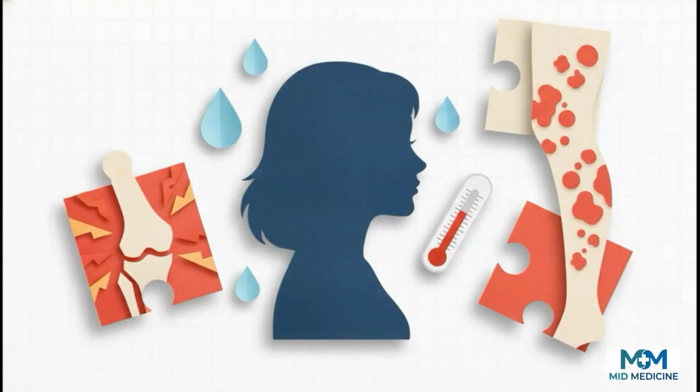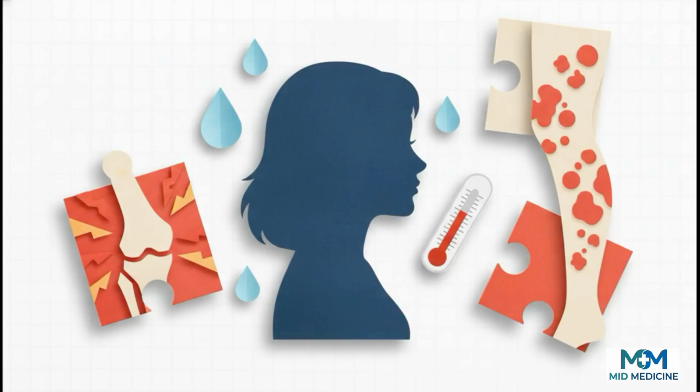Okay, so we know who generally gets it, but how does it actually show up? Well, the really tricky thing about Takayasu arteritis is that the early symptoms are just incredibly nonspecific. We're talking your standard generic inflammatory red flags: fever, malaise, maybe some joint pain, night sweats. It can so easily masquerade as a run-of-the-mill infection or just some other random autoimmune issue. Plus, patients might present with skin manifestations, things like erythema nodosum, which are those tender red bumps you usually find on the shins, or urticaria, basically hives. At this early stage, that classic pulseless sign, it might not even be fully apparent yet, which makes this a